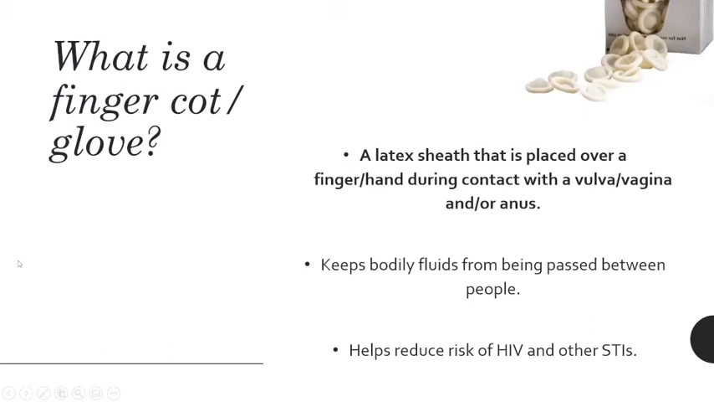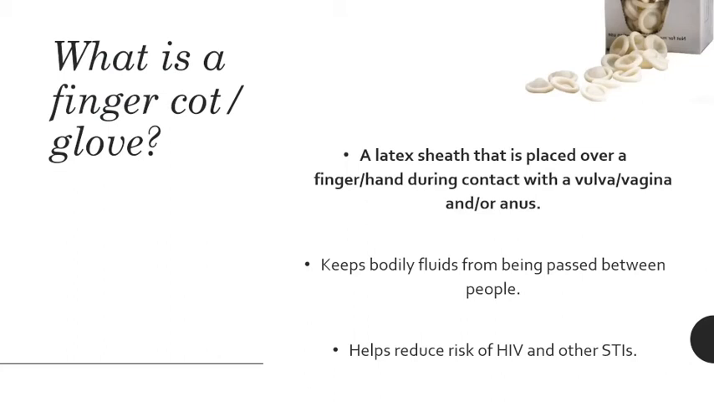Okay, so next we're going to talk about finger cups or gloves. So this would be a latex sheath that can be placed over a finger or hand during contact with the vulva, vagina, or anus. A lot of times we get questions about why somebody would need to cover their hand when engaging in a sex act. And that's just because our hands a lot of times will have little micro tears or cuts or a hangnail